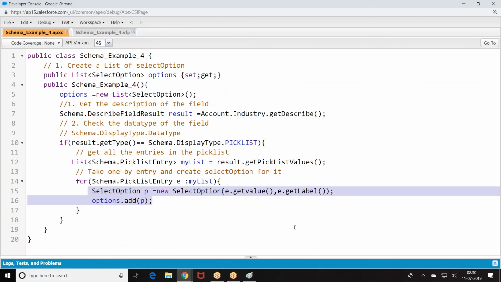So basically, this schema programming will be helpful to you when you want to do product level development. If you are trying to build a product level, generic development, this generic program, called schema programming, will be helpful. Getting the list of objects, getting the properties of the object, getting the list of fields, getting the properties of the field, getting the options in the given field. Like this, we'll be trying to get the data.